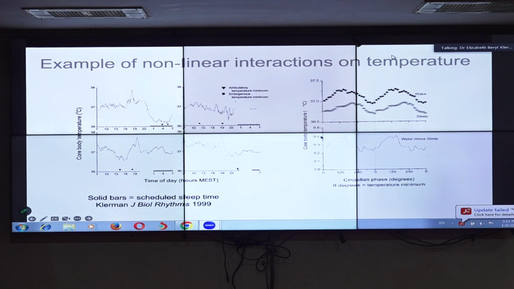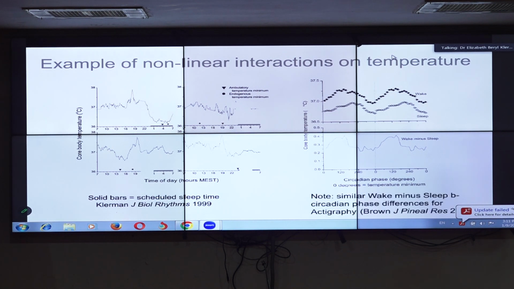Subtract the two, this isn't a line. It isn't a constant difference between sleep and wake temperatures at any particular circadian phase. And therefore you can't what's called demask. You can't just say, oh, they fell asleep, I'm going to change the temperature by 0.2 degrees to figure out circadian phase, because you can see the difference can be between 0.2 degrees and 0.4 degrees. And therefore you could possibly, or probably, come up with the wrong answer.